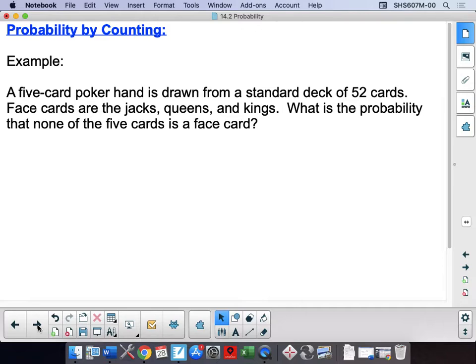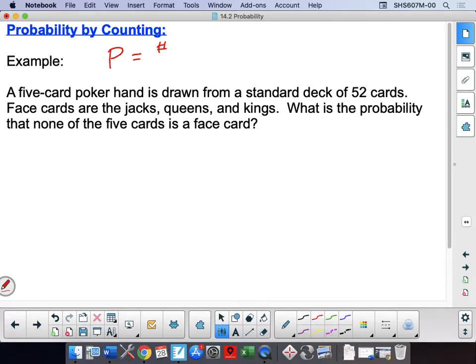So what's the probability that none of the 5 cards is a face card? But here's the thing though, you're being dealt how many cards here? 5. I got 5 cards in my hand. So again, what's the probability? This is about as tough as it gets. We'll break it down from this, but I want you to see the extreme here. If I want to find probability, probability is the number of successes